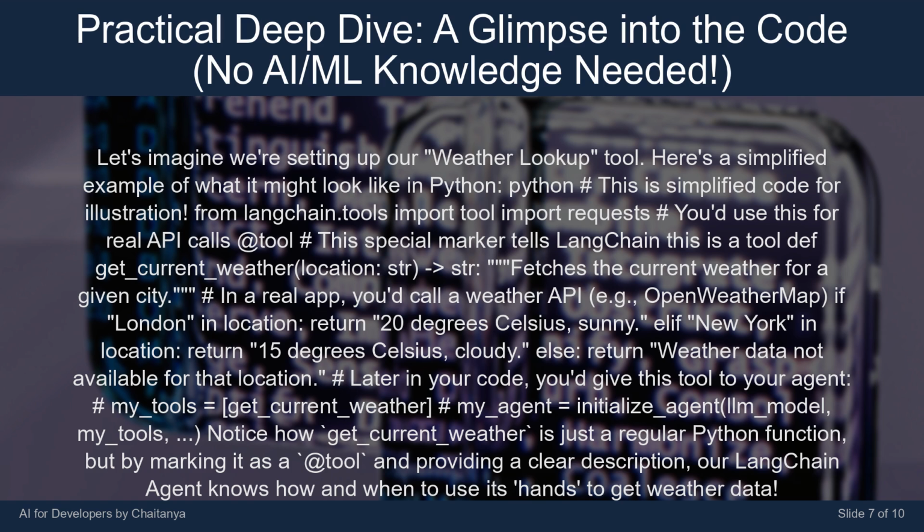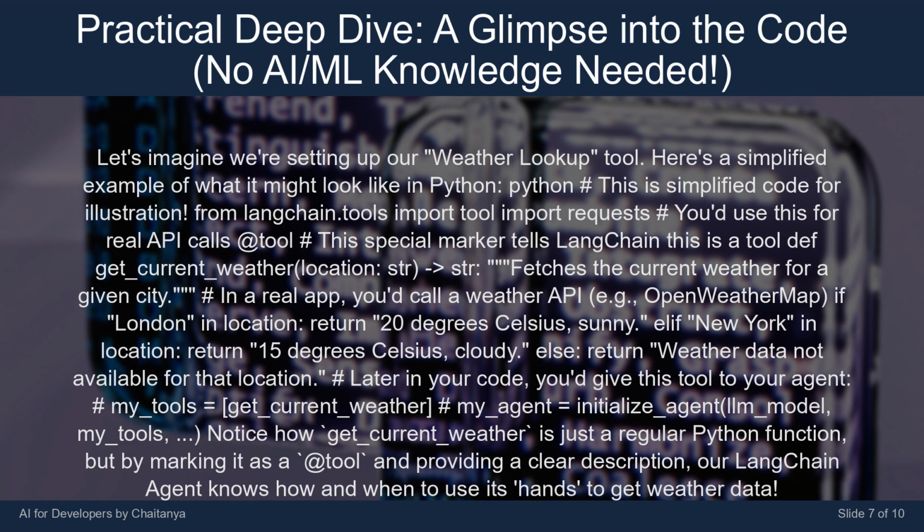elif "New York" in location: return "15 degrees Celsius, Cloudy." else: return "Weather data not available for that location." # Later in your code, you'd give this tool to your agent. # my_tools = [get_current_weather] # my_agent = initialize_agent(llm_model, my_tools)